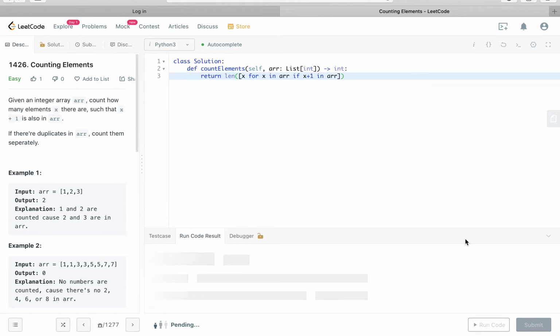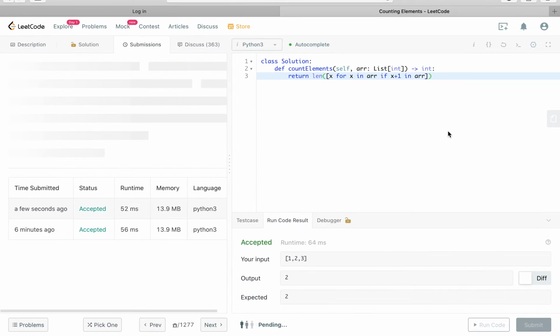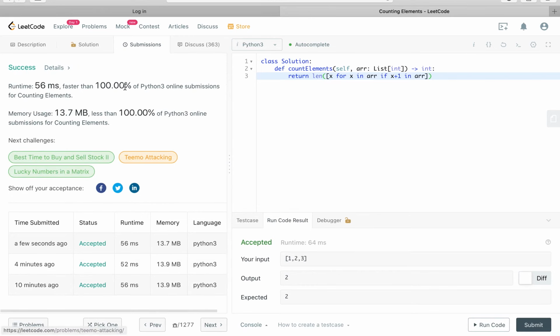Let's run the code. Okay, it works. It's really